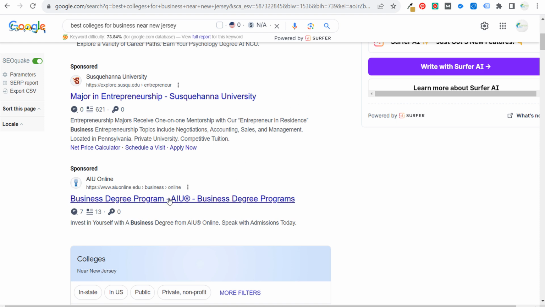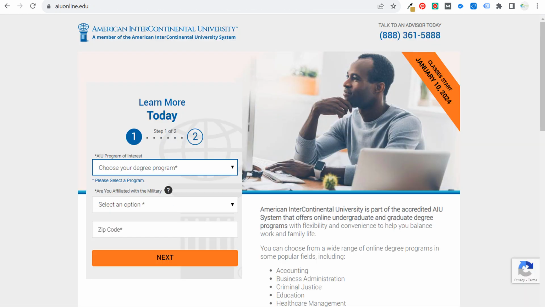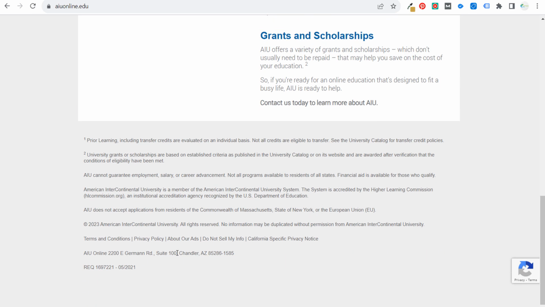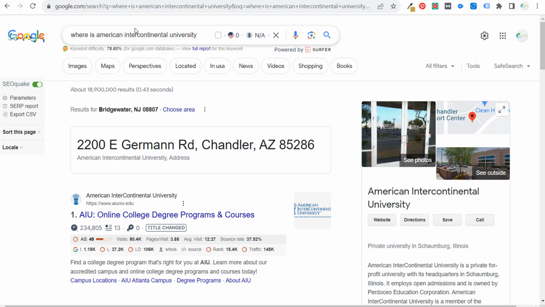Now, I opened up the AIU Online, so I go onto their website. When you come onto their website, they have this here. I wasn't even sure where they're located, so if we come down to the bottom, it's hard to tell, but their mailing address, and I did a quick search, where is American Intercontinental University? This is their mailing address, is in Chandler, Arizona, and then if you open up the page on their website